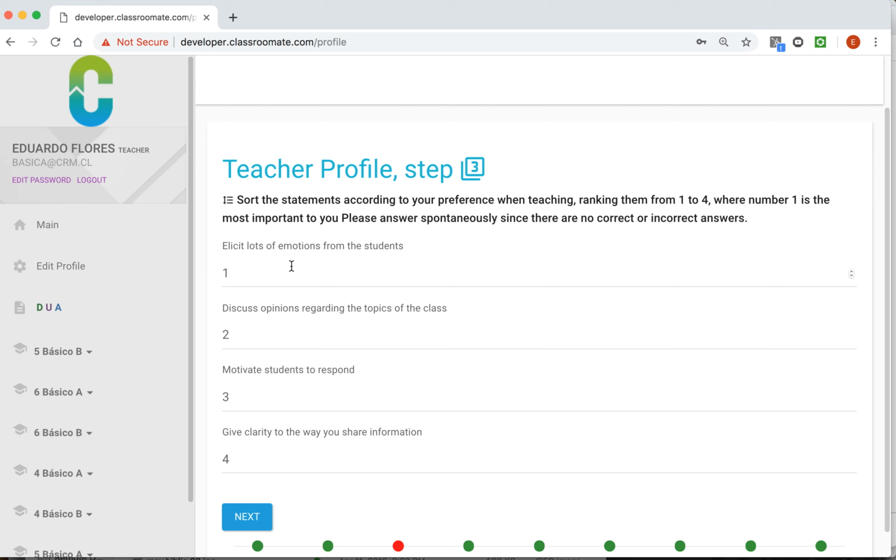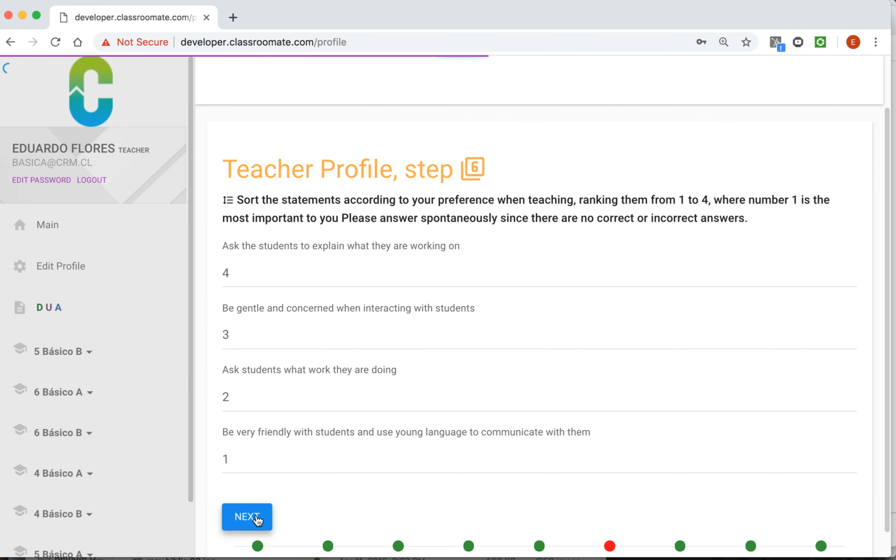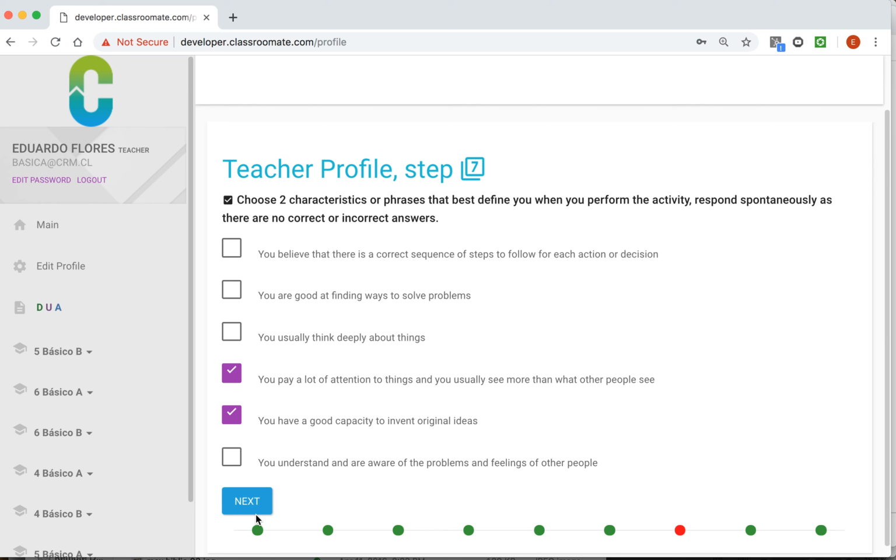And then you have another series of sentences that you will have to order from 1 to 4. You are free to change this at any time. And then just click on Next. There are 5 of these, 6, and then you will get to another series of questions